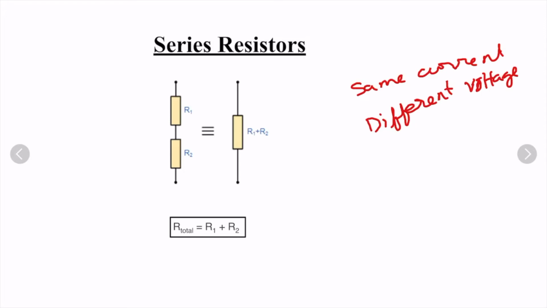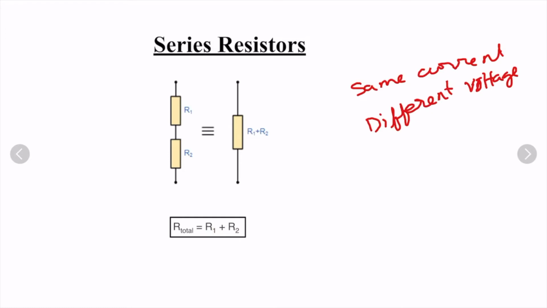Okay, so if this circuit is connected to the supply, first the current will enter here and go into R1, and the same current will go into R2. So R1 and R2 are sharing the same current. So we can easily say that these two elements are in series. And for this we know that for series, the equivalent resistance is nothing but the addition of all resistances, that is, R total is equal to R1 plus R2.